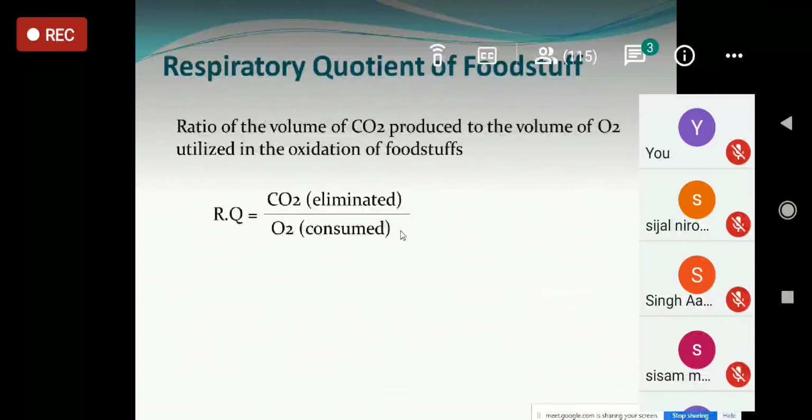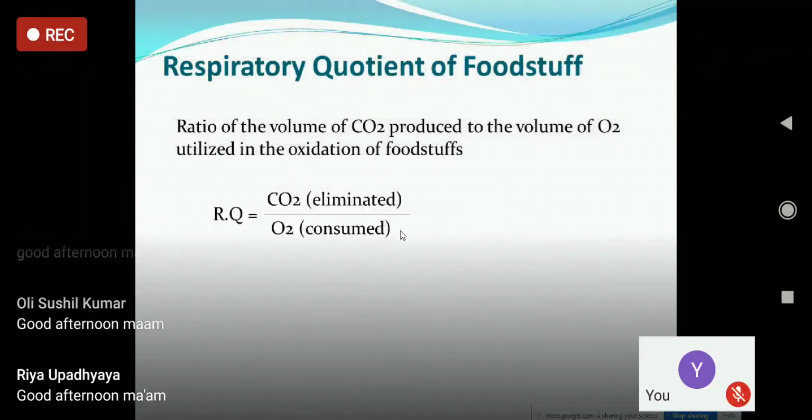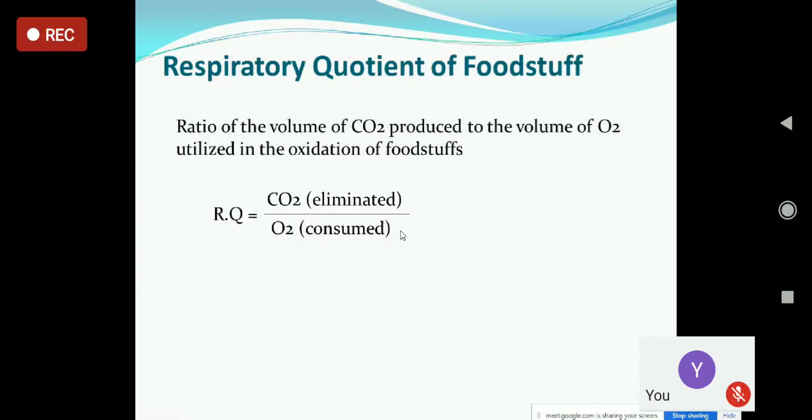So you take in different foodstuff which are utilized by the body. So some amount of oxygen is consumed in the oxidation of the foodstuff. So in this respiratory quotient of foodstuff, when you try to measure this, you ask the subjects to breathe in the atmospheric